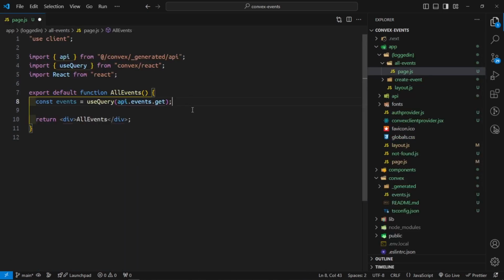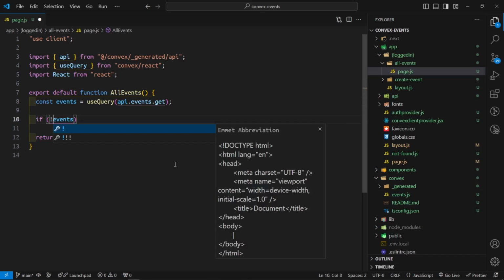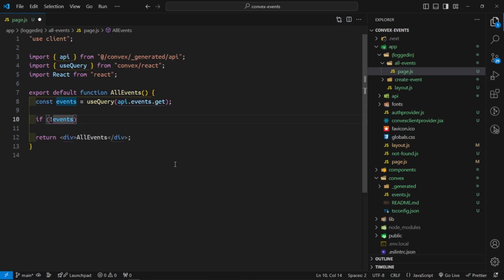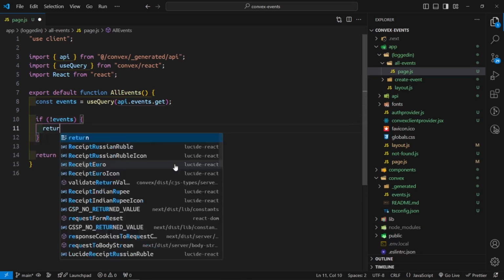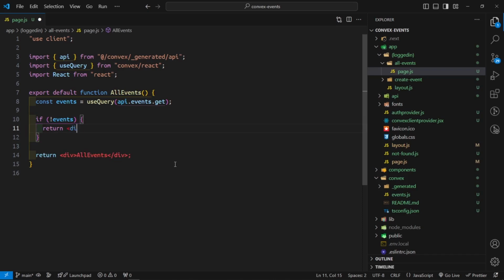You're also going to see that in this file is where we're going to be implementing the delete function, and in that case we're going to use the useMutation hook. Now we have the events here, so let's first check for whether events exist. So if there are no events, then what we simply want to do is return a div here that has a class name